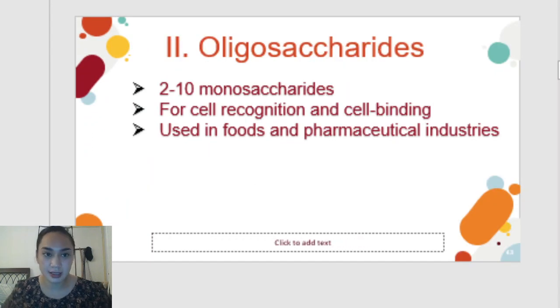So, next. We're done with monosaccharides, so we're still on carbohydrates. Now we move on to oligosaccharides, which are about 2 to 10 monosaccharides. Where are oligosaccharides important? They are important for cell recognition and cell binding. They are used in foods and pharmaceutical